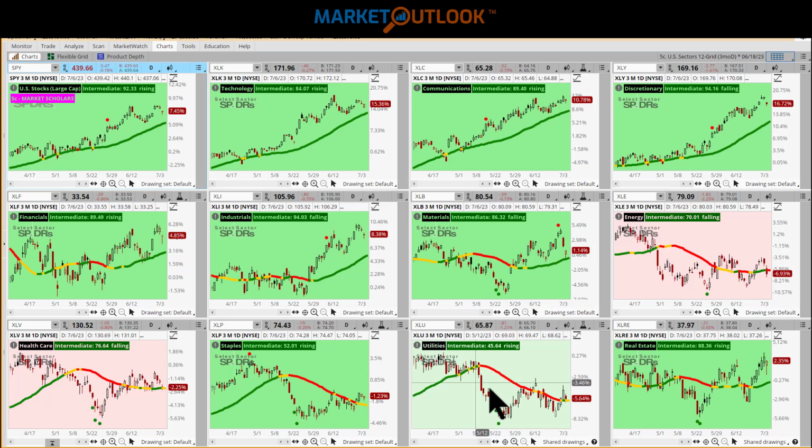But because they really haven't gone up tremendously, they probably have less to give back as well. So I think utilities are kind of an interesting place for long-term money to be seeking out at the moment. There are some interesting opportunities out there that we talk about in our DGI classes. So anyway, we'll keep our eyes on that possibility. But yeah, it was a bad day for utilities, but at least they kind of held the line there at